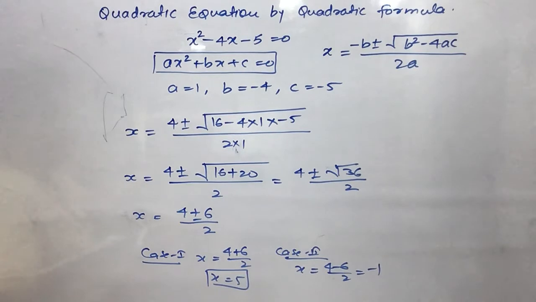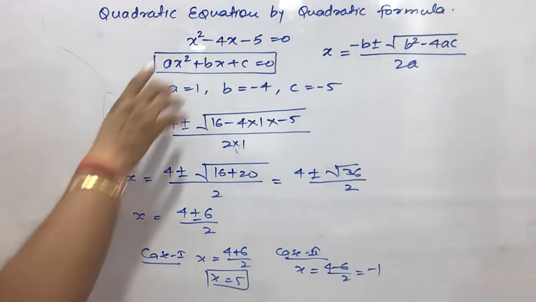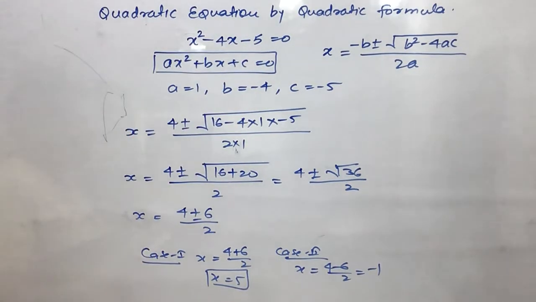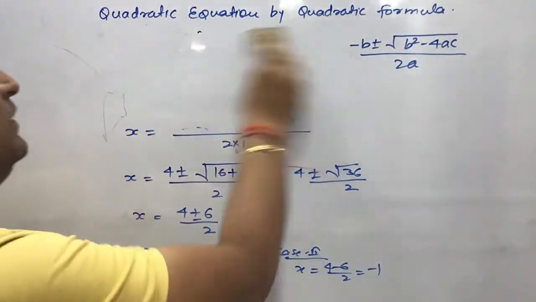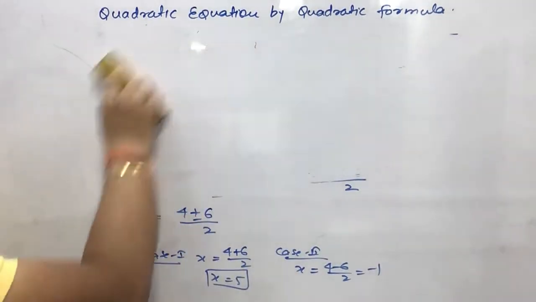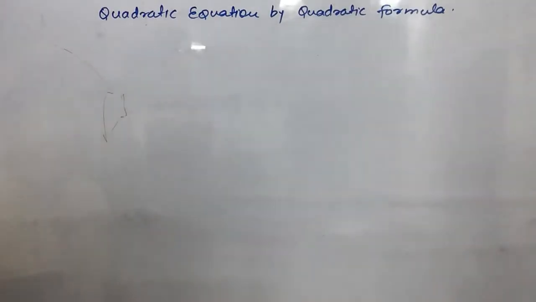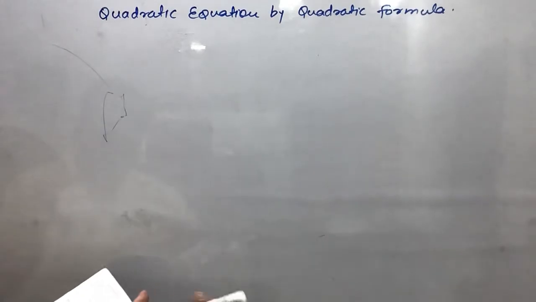So right, in the next question we are going to discuss when the coefficients of x, x square and the constant are given in variables only, then how to find such type of roots by using the quadratic formula. This is a very simple question. Now see which type of question is generally asked in your exams by using the quadratic formula.